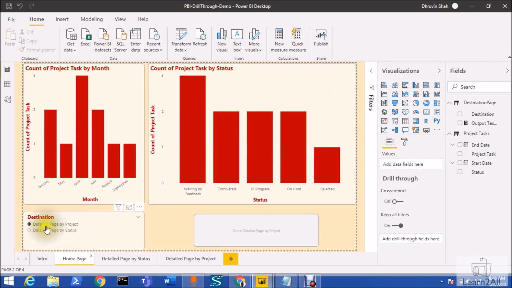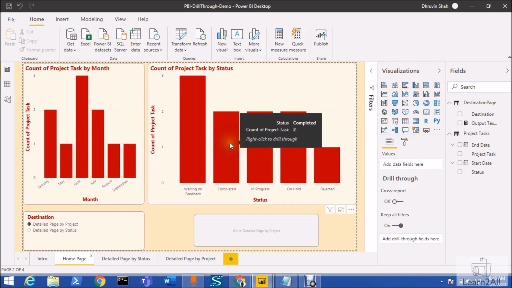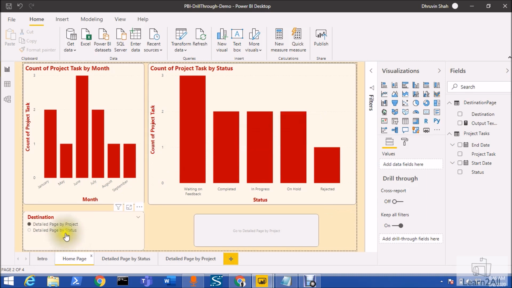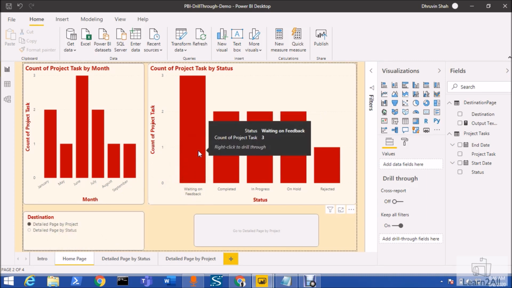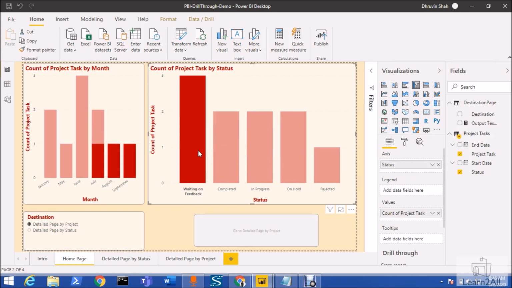So let's say currently from the destination page I am selecting detailed page by project, which is accepting only month as a drill through parameter. And this detailed page by status only accepts status over here. So let's say currently I am selecting status and I am selecting detailed page by project.